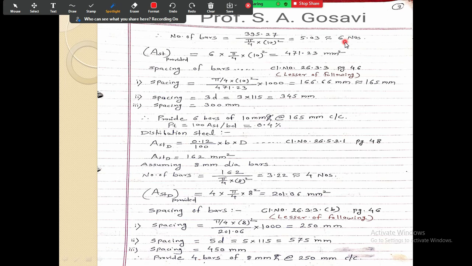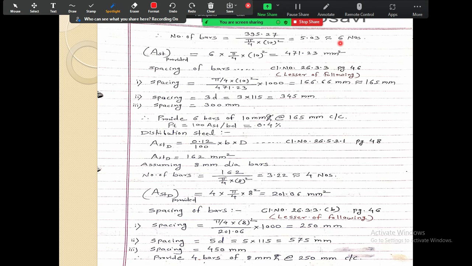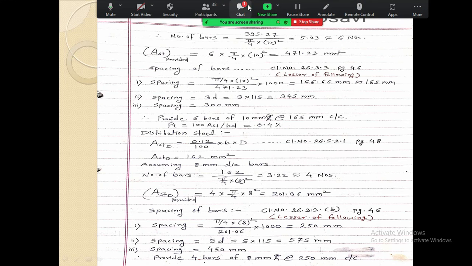Once you round up those bars, now 5 bars are required and you have rounded up to 6 bars. So you have increased the area of the steel. Correct, because 5.03 bars is impossible to provide. That is why we round up the bars. Okay, and after the round up,